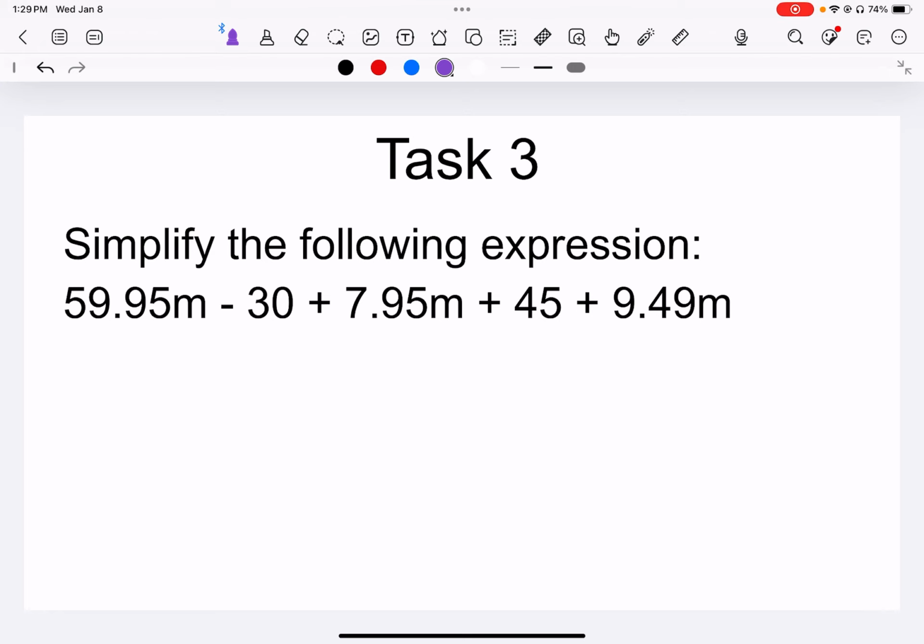Simplify the expression. 59.95 m, positive 7.95 m, and positive 9.49 m. Again, take the sign with the term when combining them. So 59.95 plus 7.99 is 67.94 plus 9.49